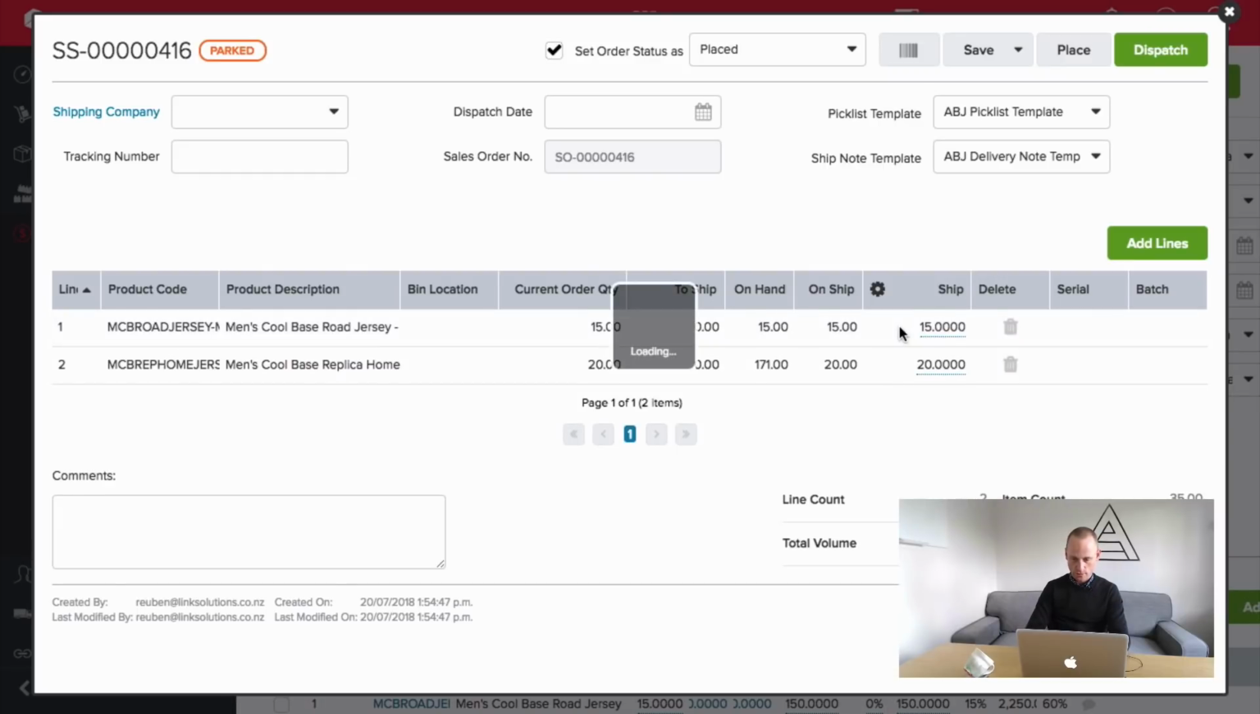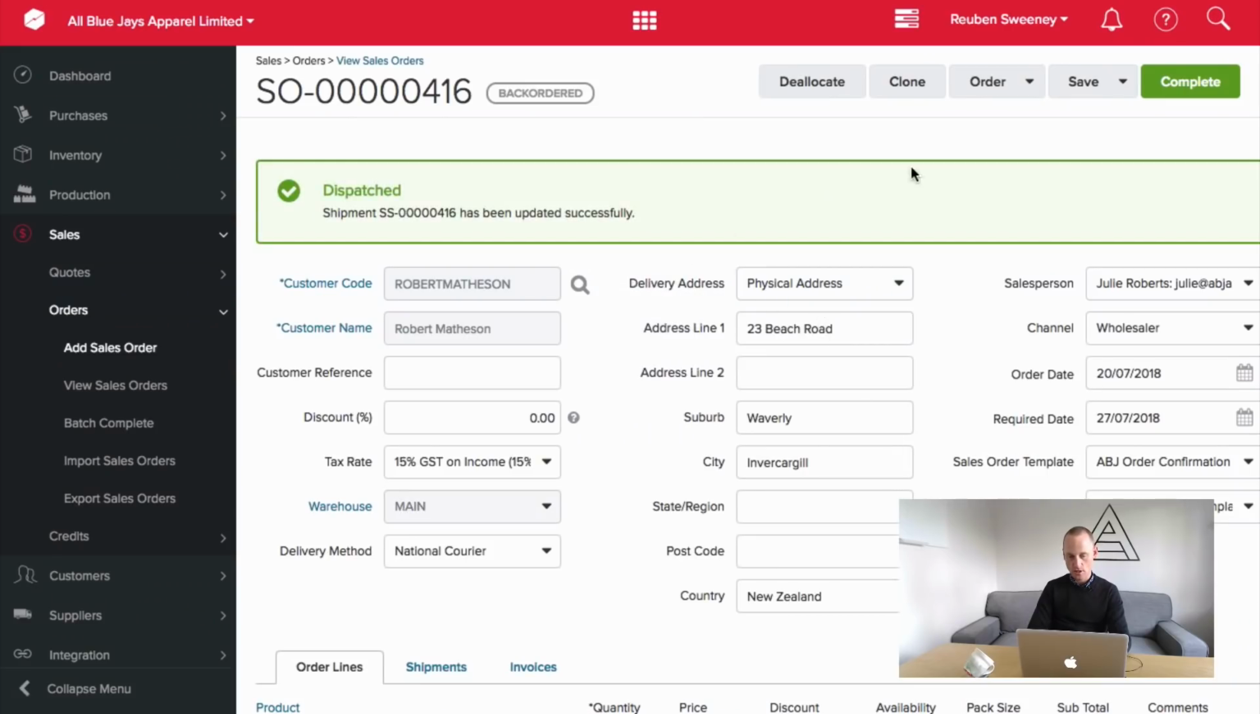Let's imagine I'm going to ship 10 of these. So we're not fully shipping them. So we've shipped 5 units, and we are fully fulfilling this home jersey here. I'm going to click Dispatch, and there's a setting at the top there, you might have missed it, but it said